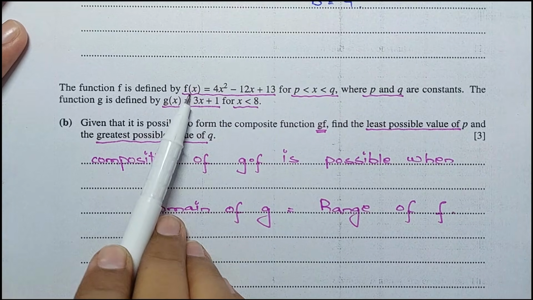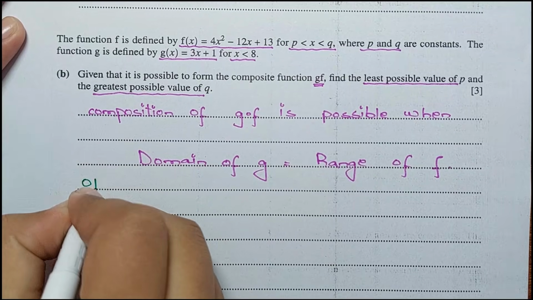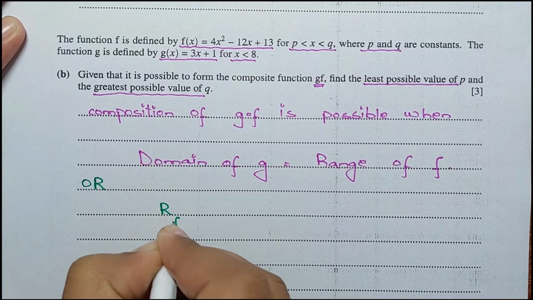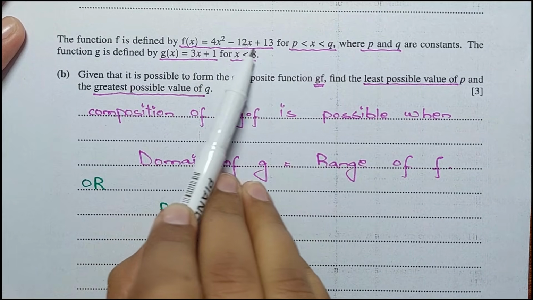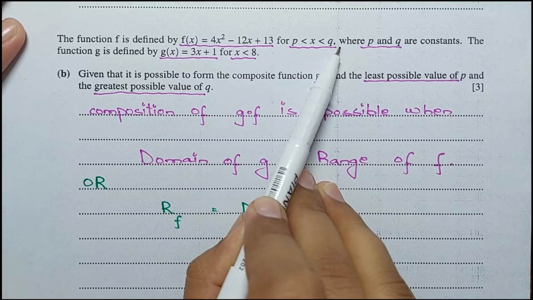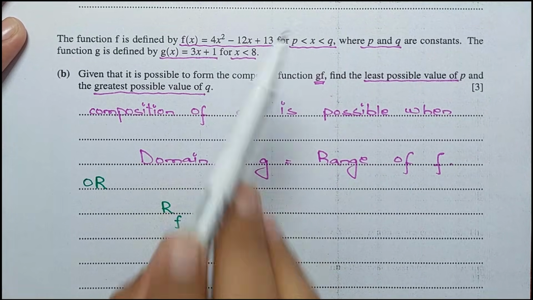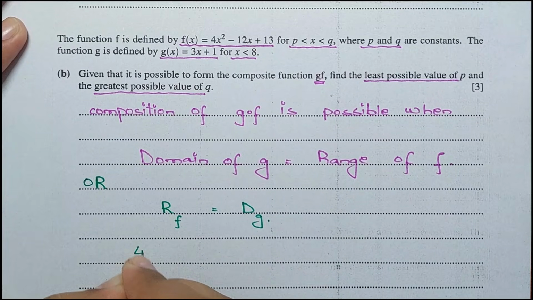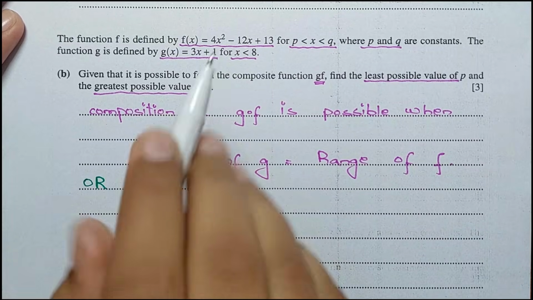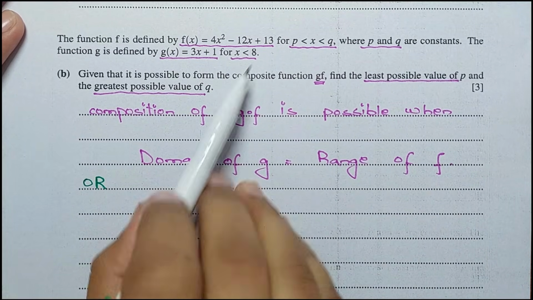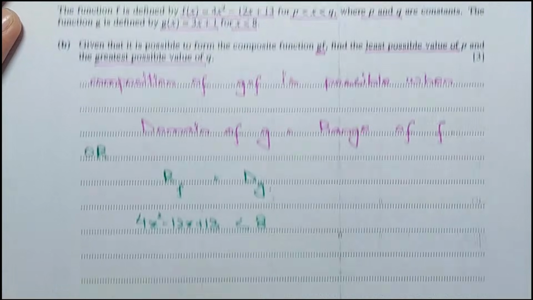Okay, so now this is your function f of x and this is your function g of x, right? Or we can say the range of the function f would be equals to the domain of the function g, right? So this is f and this is a domain for f. So what is the range of the function f? The range is basically the output, the y values. So the range of f is 4x square minus 12x plus 13. This is a range of f. And the domain for g. So what is the domain for g? X is less than 8. Less than 8 is the domain for g, right?